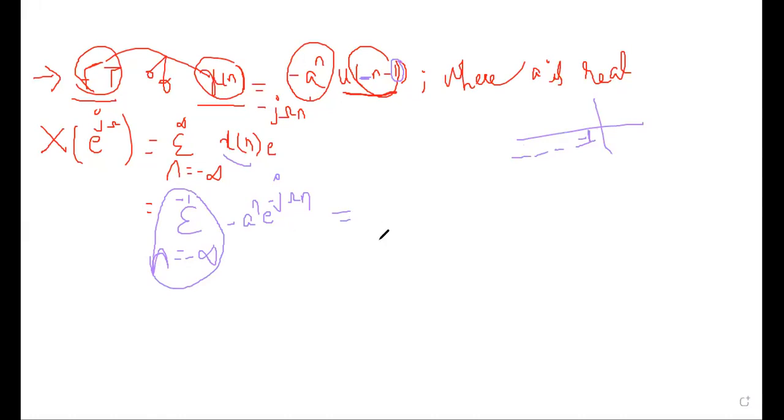Yes or no? Yes, ma'am. So now the next step is what? The possibility of taking the powers. Okay, powers. So I have minus a into e power, or I can make minus outside only just to avoid